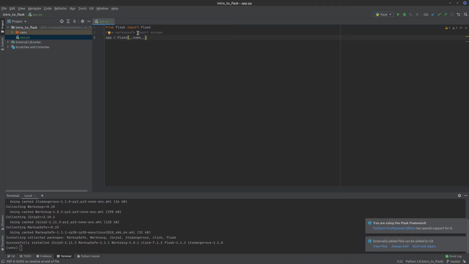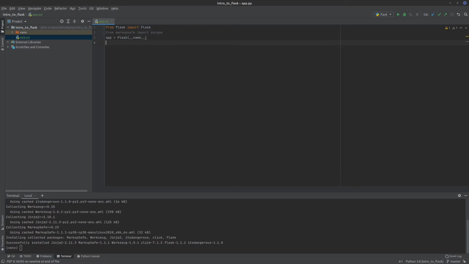Remember, that resolves to main or the name of the module that you're in. If you're importing another module, it would resolve to that module, but since we're using it in this module, it's just going to resolve to __main__. That was covered in one of my other videos.